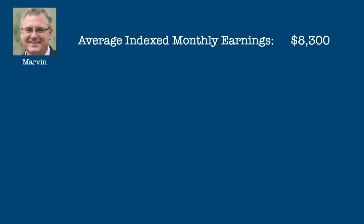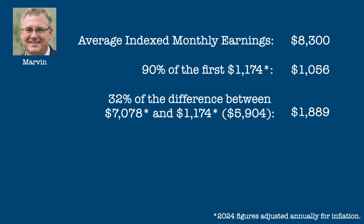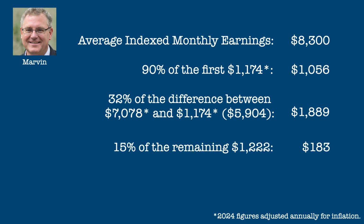So let's look at Marvin again. Suppose his average indexed monthly earnings are $8,300. His primary insurance amount would be 90% of the first $1,174, or $1,056, plus 32% of the difference between $7,078 and $1,174, which comes to $1,889, and 15% of the remaining $1,222 in AIME, or $183. Adding the three figures together gives Marvin a total primary insurance amount of